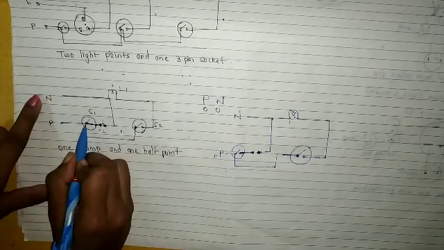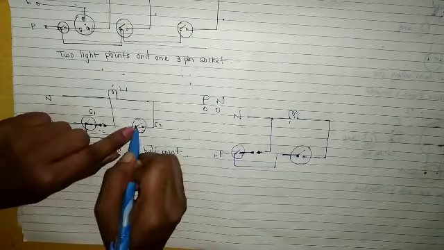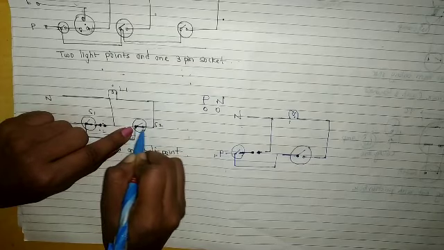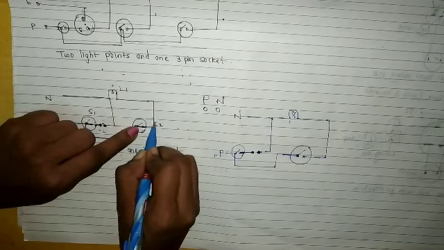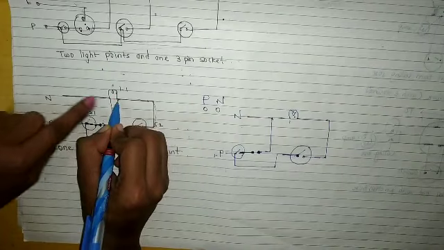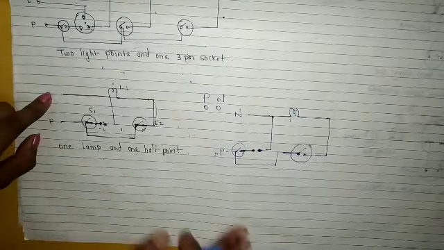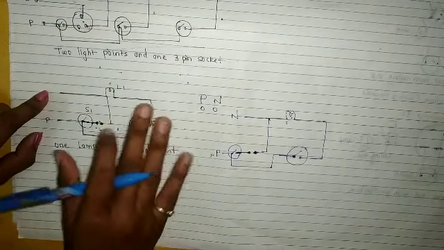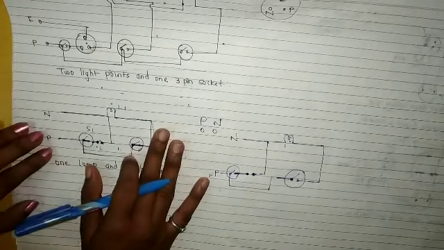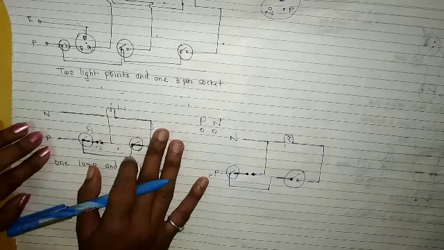Similarly, this phase will come to this point. When this switch is on, it will be in this position, and the current will flow from here to this lamp, and the neutral is here. So our bulb will glow. So this is about the basic diagrams, typical wiring diagrams. So now we'll see further.